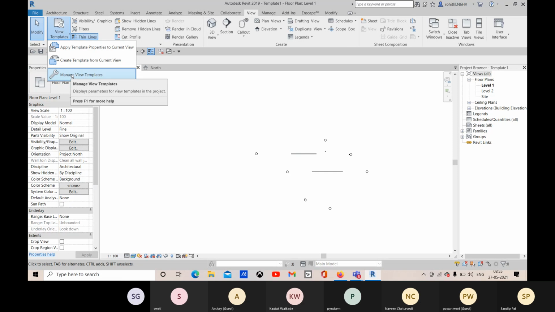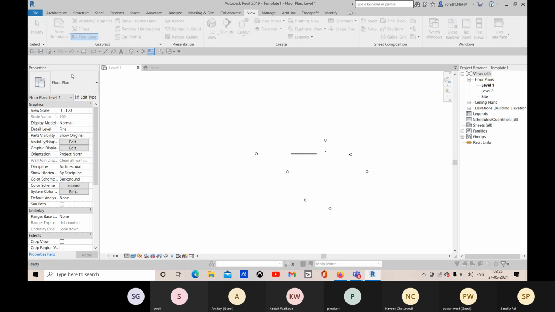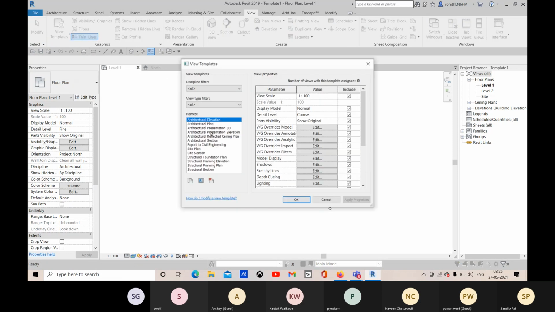Now let me go with this manage view template, and here you see that we have this many templates already created. Okay, so you can filter it discipline wise. So all the architectural you will be choosing, and for 3D views, for ceiling plan, for elevation, you can go for it.